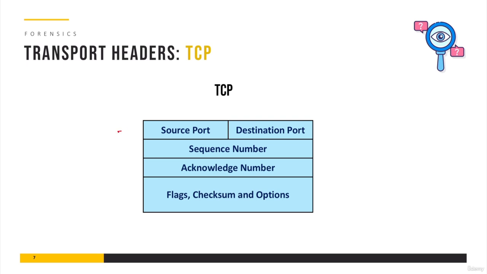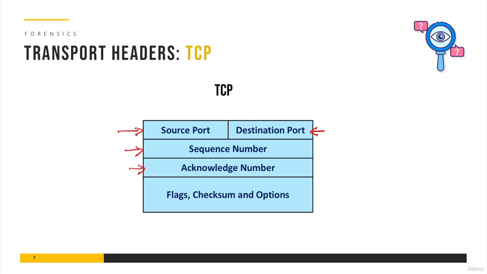So this is the source port. If you recall, this is the port which the source application uses to send packets downwards from the application layer to the transport layer and so on. And this is the destination port, which is used at the destination to deliver the packets from the transport layer to the application layer. The sequence number and acknowledgement number are used to track bytes that have been sent and